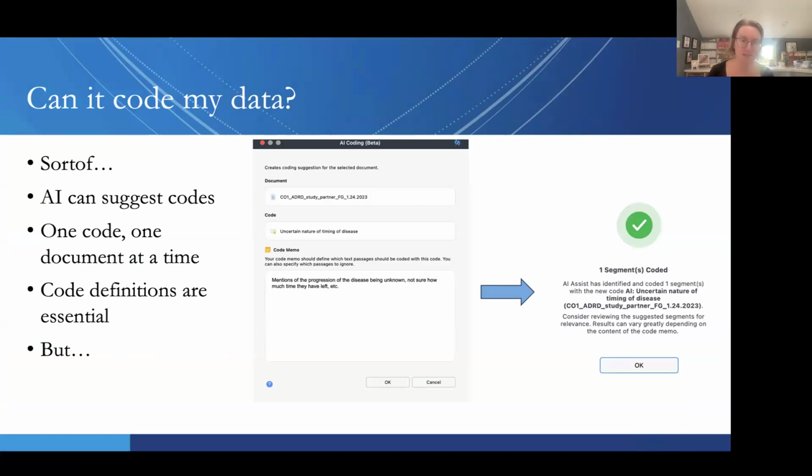So you can go in, you can upload your transcripts into MaxQDA and ask AI to suggest codes. So it'll read the transcript and it'll do what we talked about, throwing it all on the whiteboard. What are the things that I'm seeing come out? AI can do that. The problem with that is that you have to upload each thing one at a time. It won't go through your whole data set and just give you a list of codes. You have to manually go through and drag and drop.